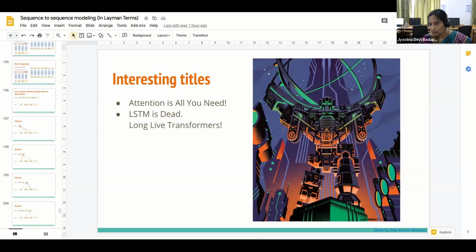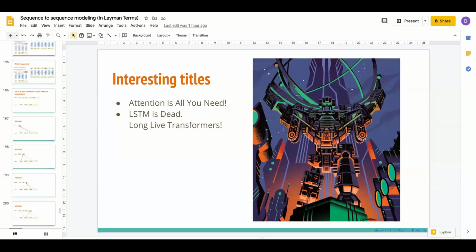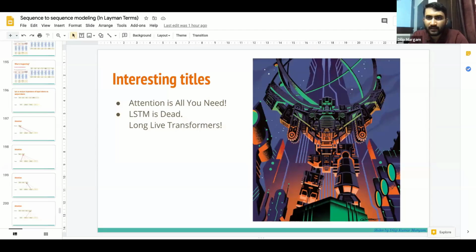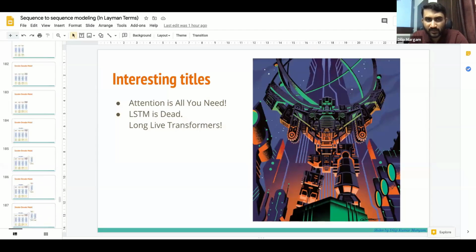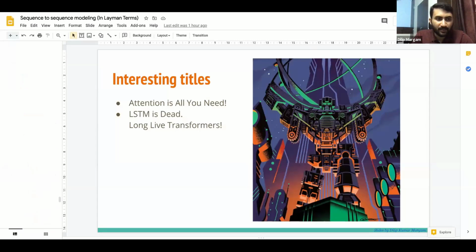Then there is a question from Ram Kumar: are there any differences while modeling speech to text and text to speech? If yes, what are the differences? Yes, there are differences. When it comes to speech to text, the input is speech.